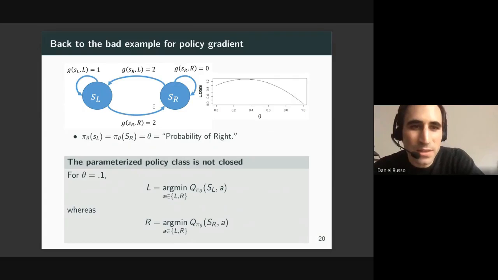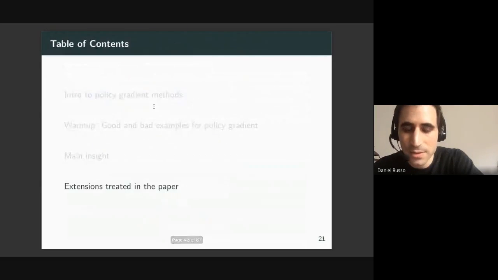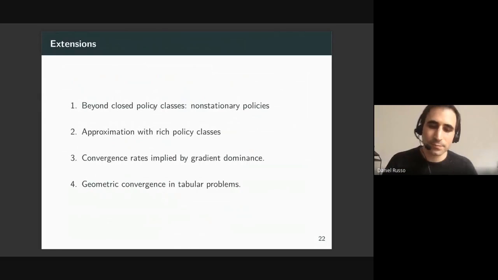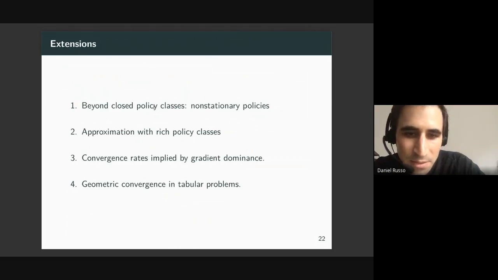I'll mention that the problem with the bad example we showed before is that the policy class was not closed. So this really is a dividing line between the good and the bad examples. As I close, I think that we have now conveyed maybe the main insight in this work, but